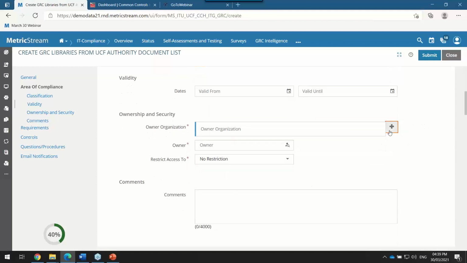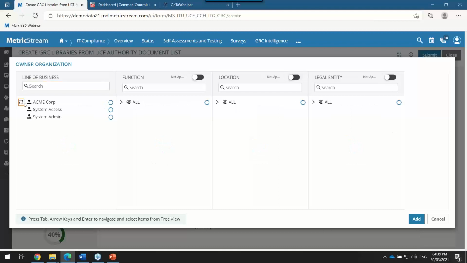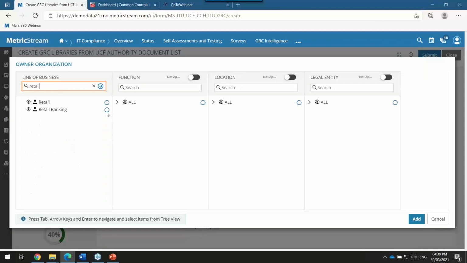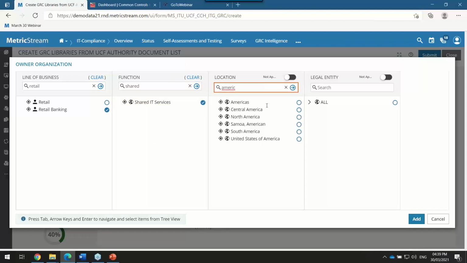And who is really the owner of the content? In this case, I'm pulling in this content and assigning it to a certain central team, could be the second line function, who owns this content within the system. So let's take an example of an organization here. Let's say it could be retail banking, and I want to have it assigned to a department called shared services. And let me assign it to a region here called Americas. Again, this is just a sample structure that you see here. So you could pick and choose which portion or which team within your organization really handles the content that you're trying to pull in.